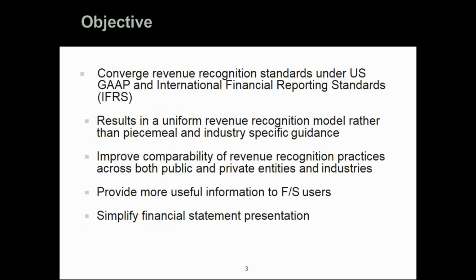So what the FASB was trying to do is converge U.S. GAAP with international financial reporting standards. In an increasingly interconnected world, it was problematic to have one of the most fundamental aspects of financial reporting, being revenue recognition, differ from country to country. So the FASB was working with the International Financial Reporting to try to converge a single model that would be applied globally. And beyond globally, even within GAAP, for U.S. companies, revenue recognition principles differed by industry.